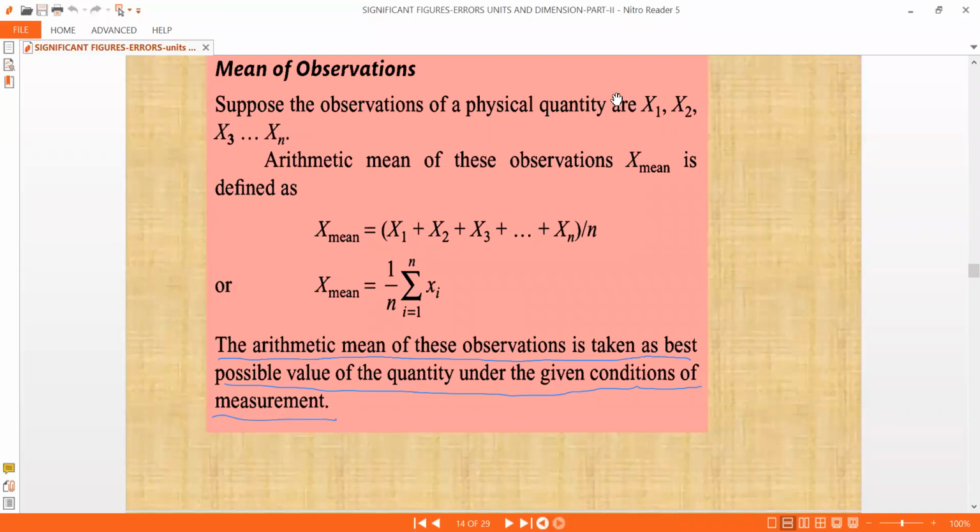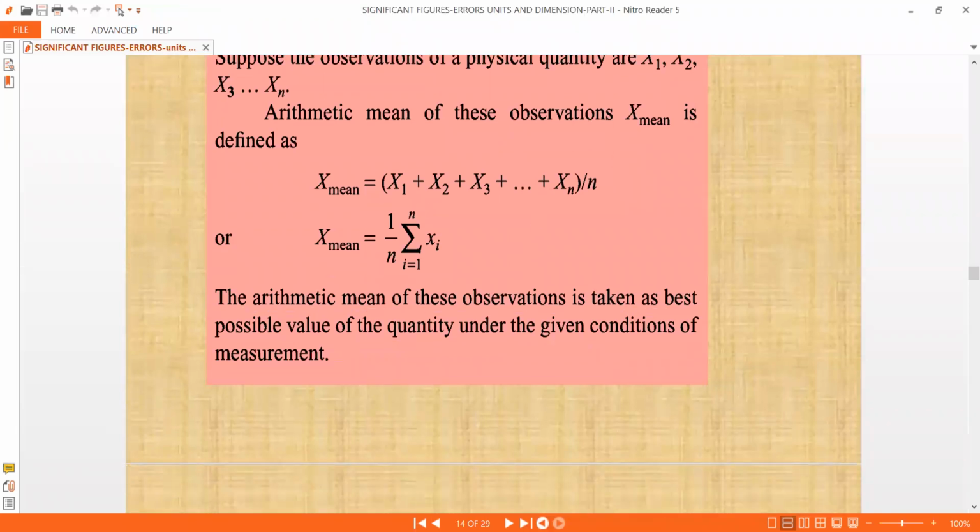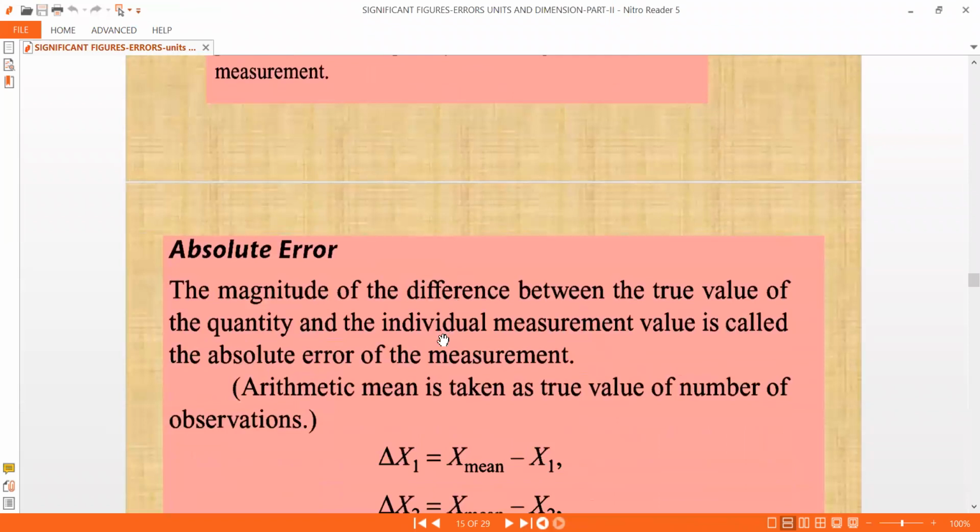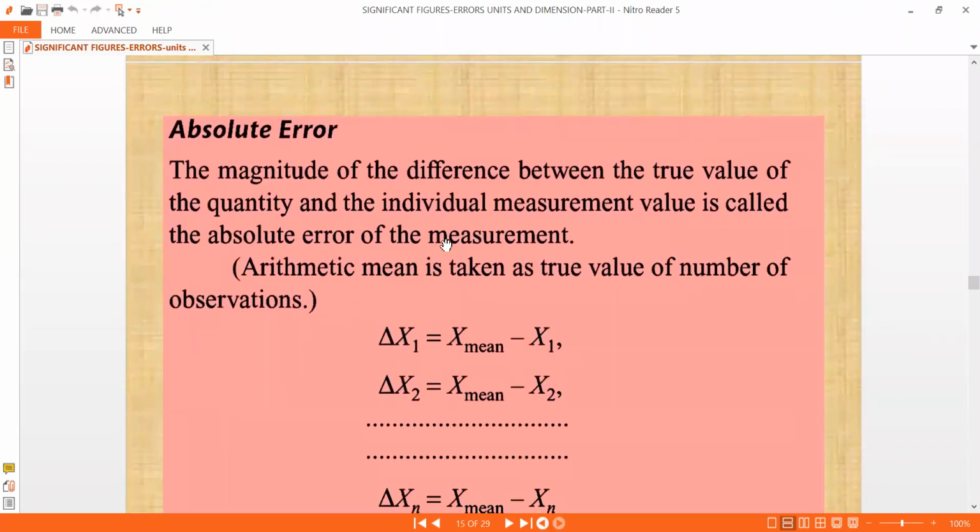And after this, we do something. What is this absolute error? For each measurement, you can generate the error. So the error in the first measurement is the mean minus x1. Suppose there are 3 measurements. Let us say 3 we have, 4 we have, 7 we have. And then what would be the average of this output? What is the average value?